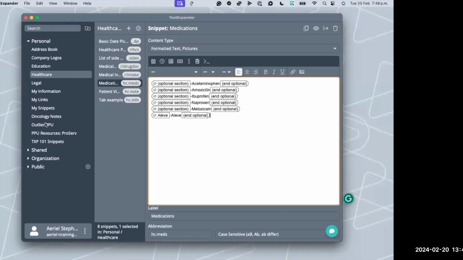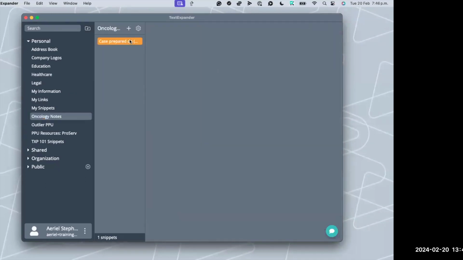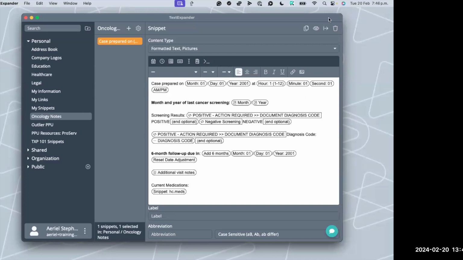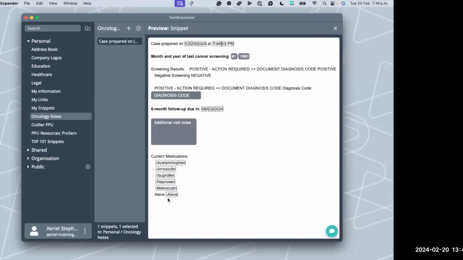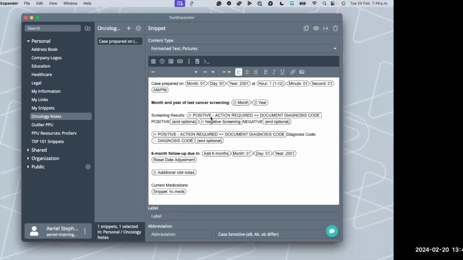Okay, going back to where we were, this is also how cool nested snippets are. Preview it again, and you'll see that the additional optional section was immediately updated. So when you need to make those changes, they happen and are displayed everywhere that you are nesting them, seamlessly and automatically. That's going to be a game changer for streamlining your content.